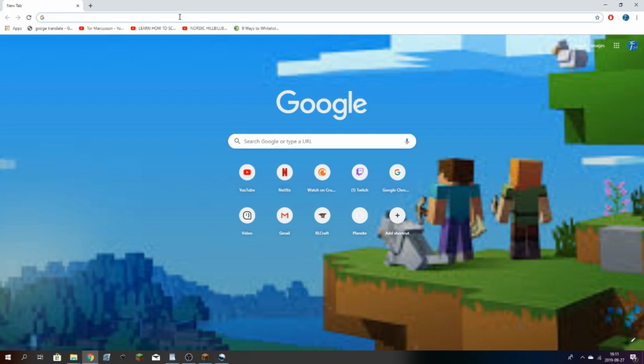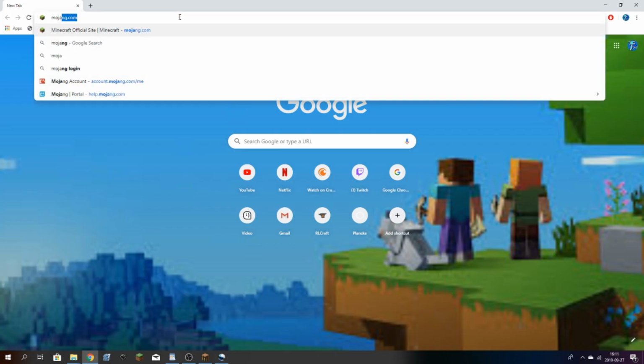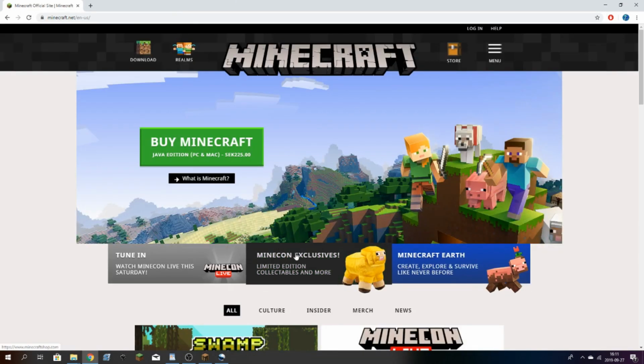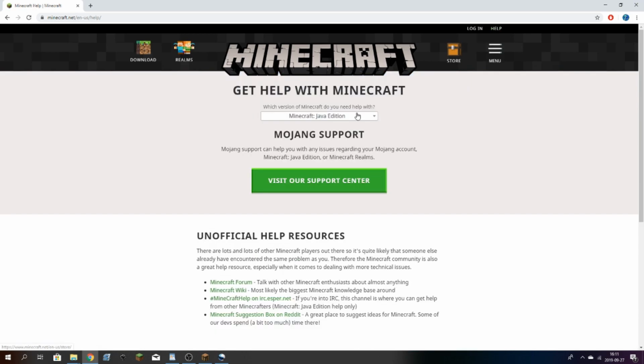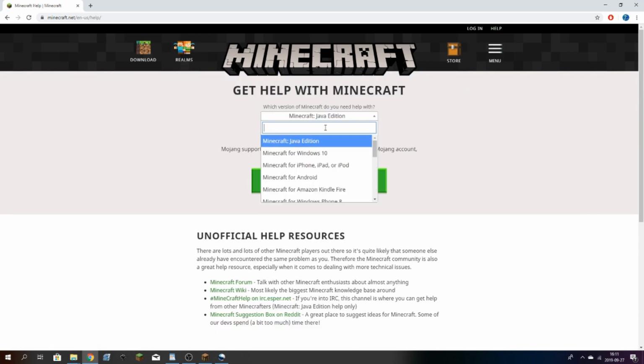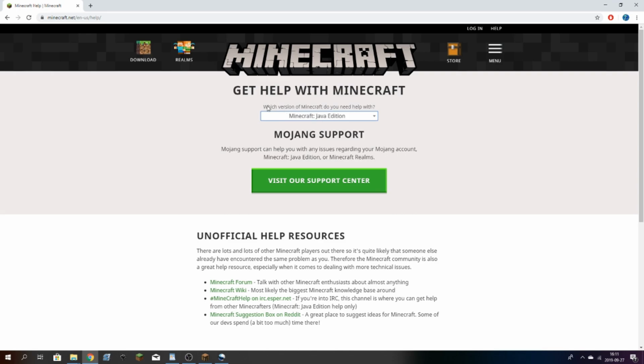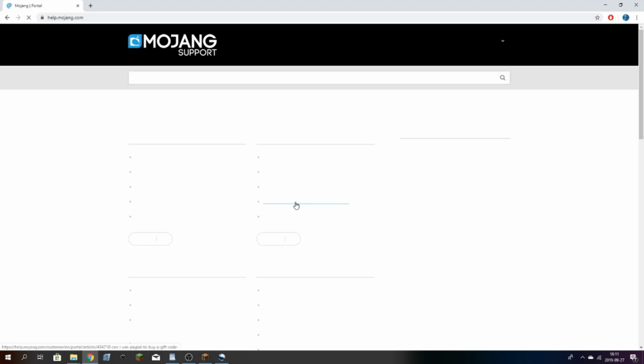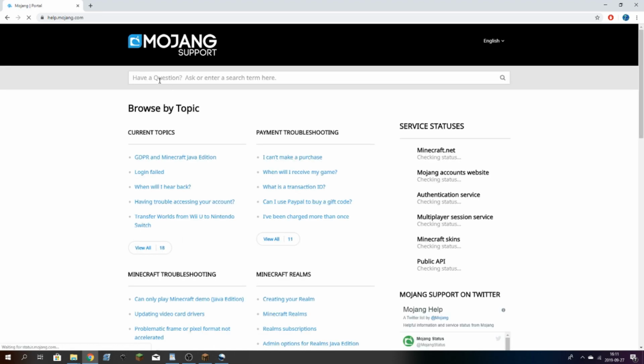So when you're on Google, you wanna type mojang.com. Then when you're here on Mojang, you'll see in the top right corner a help button. You wanna click that. Then you want to click on Minecraft Java Edition as which version of Minecraft you want help with. That's this. Then you want to click Visit Our Support Center, and you want to type up here